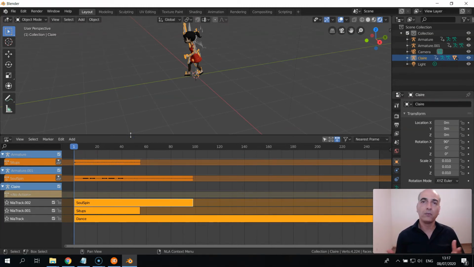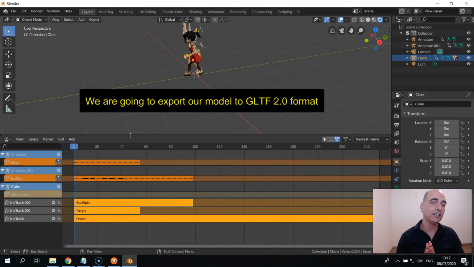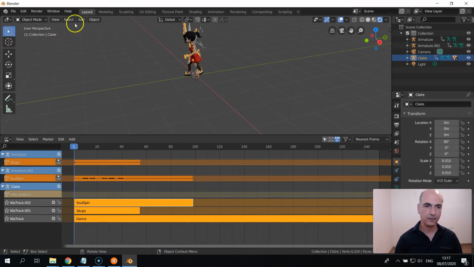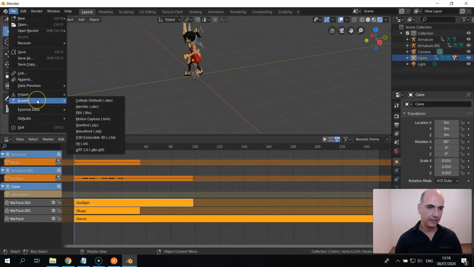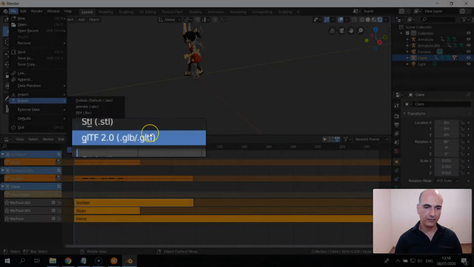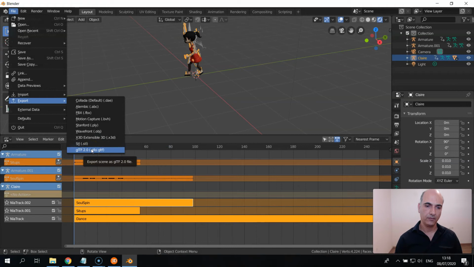to a file format which I can work with. So it depends on which game engine you are working with. I'm working with Cinemax 3D, obviously. So I'm going to export it to a GLTF2 format. So let me show you how I'm doing it. Here on the File menu, I'm going to choose File, and then Export, and then choose GLTF 2.0 format,